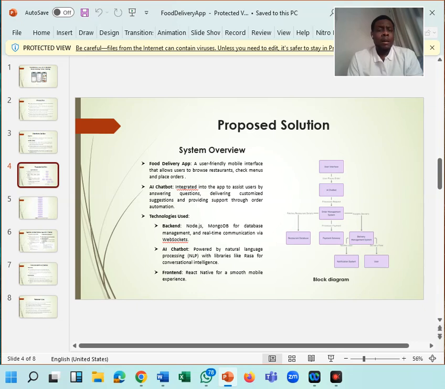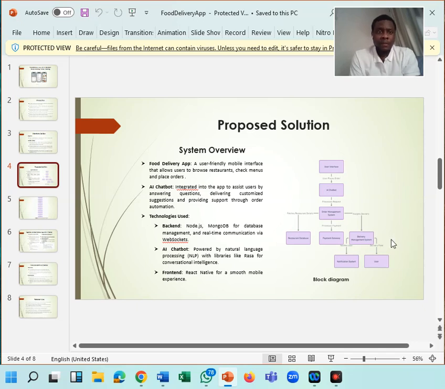Rasa is a natural language processing library for conversational intelligence. Well, on the front end, we're looking at React Native for a cross-platform mobile application that provides great user experience. Now, as you can see on my screen, this is the block diagram.